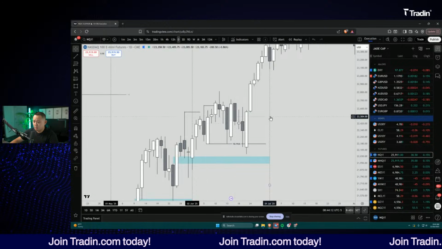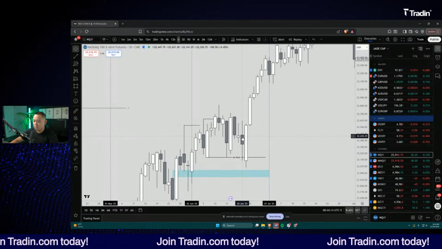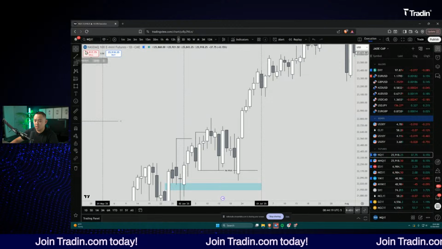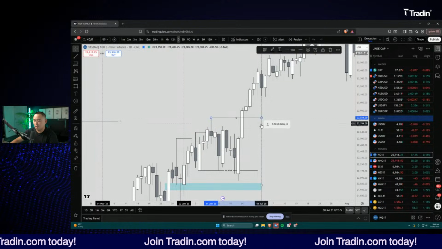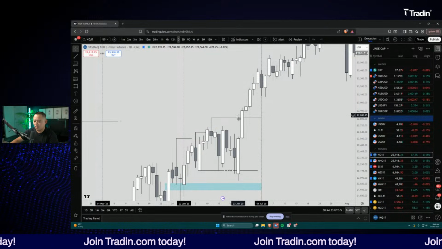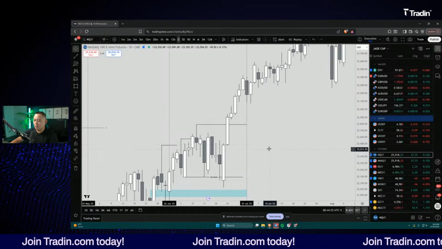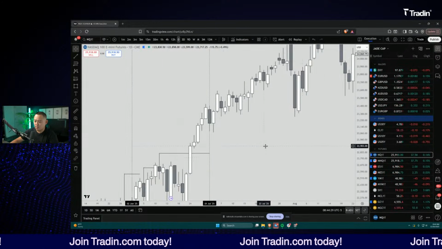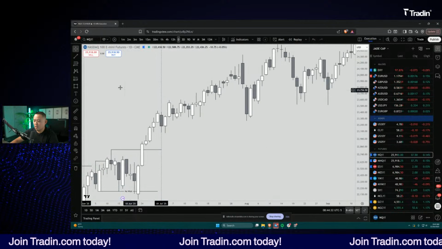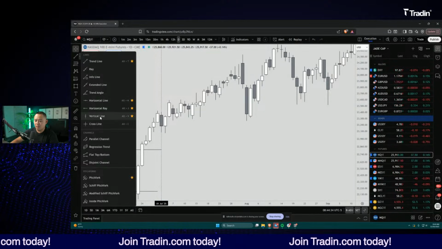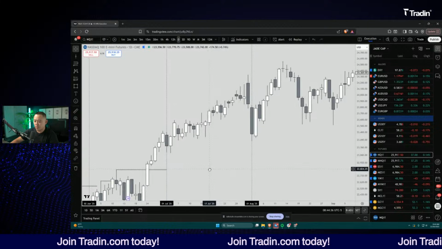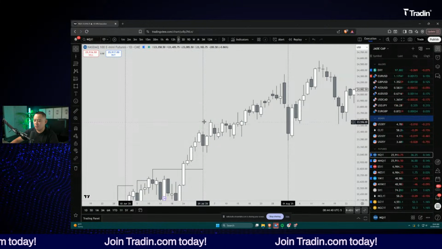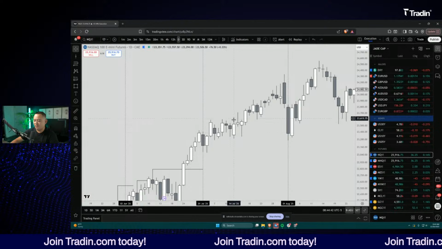Get a nice closure here above this down close candle, and then it trades to this short-term high and continues higher. There's no retracement down to a bullish fair value gap or anything here, so you have to just try and position yourself properly. Intraday maybe. July was more of a drift. To me, it was a very difficult market to trade. Unless you're really positioned long and just holding, intraday it's very choppy.